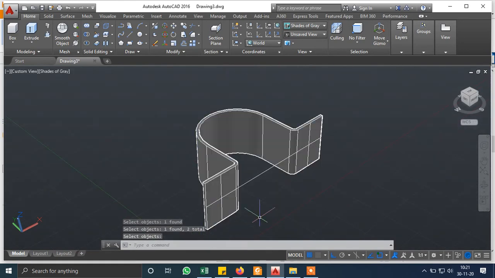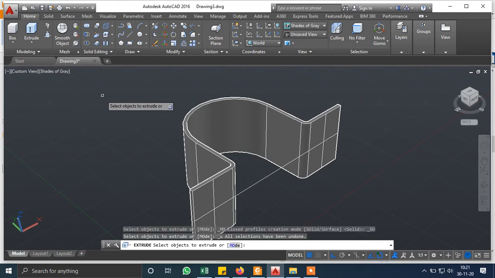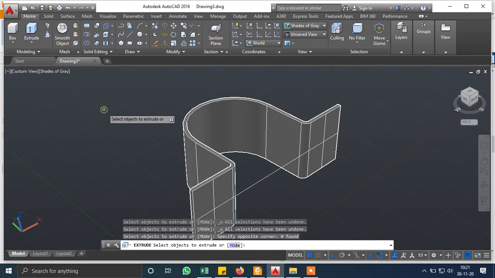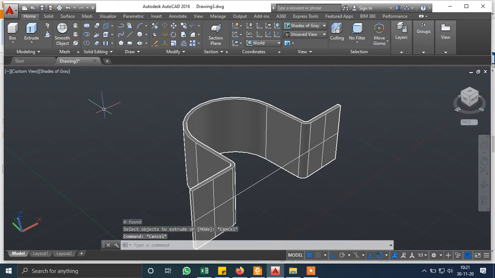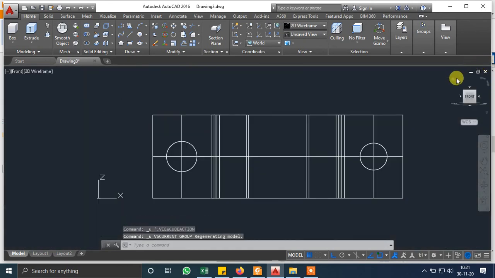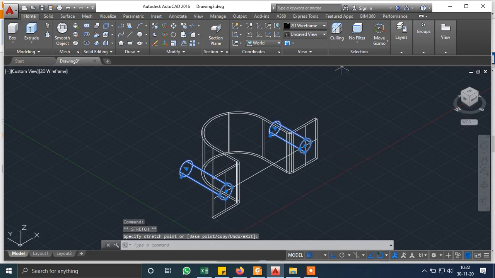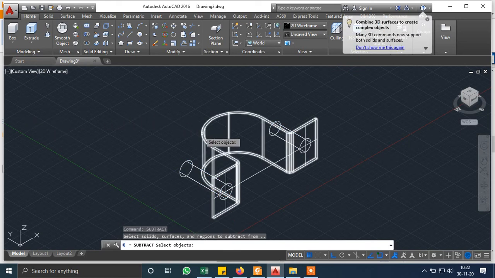At times you have this issue, so you have to extrude the other side. Use subtract. From this object, you have to subtract the two objects.